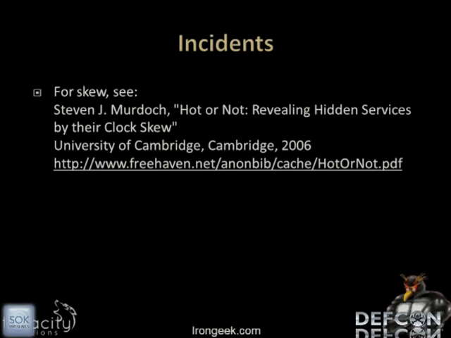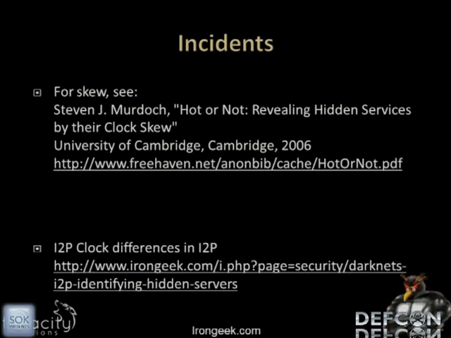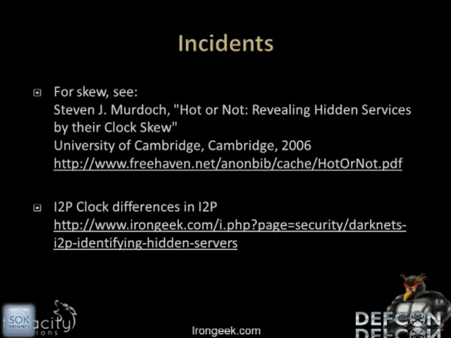Now, unfortunately, he had to do this inside of, it's been a while since I read the full paper, but he had to do this on his own private Tor network because the general Tor network, how many people have complained about Tor network being slow? So there's enough network jitter as far as timing out there already that it makes some types of attack hard to do because you don't know whether or not, is this guy 2 seconds off of my clock or did it just take 2 seconds for the message to get to me? Or in some cases, is this guy really 5 minutes off and did it take 5 minutes to get back to me? There's also been some research on I2P clock differences, and I'm going to show you a table here in a second for a project I did for Tenacity a few months back.